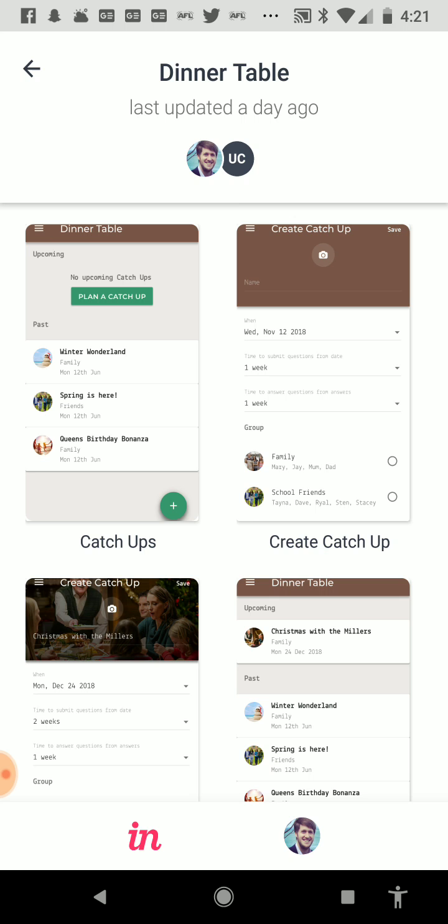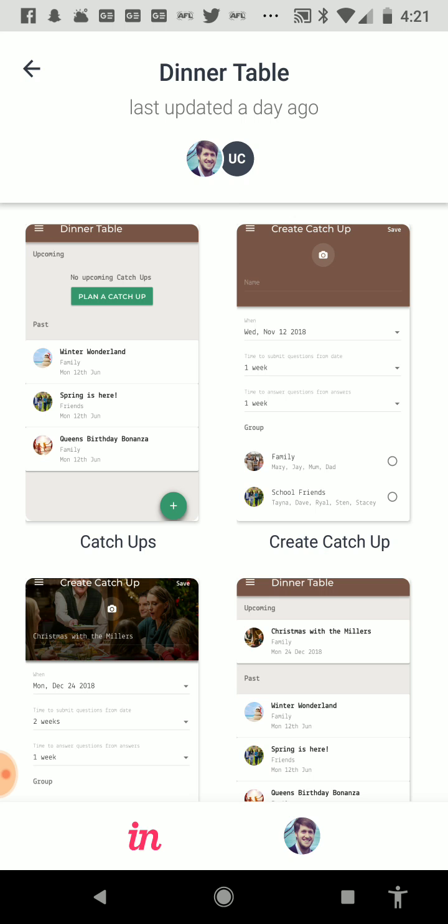So the product that we're going to be getting you to complete tasks with today is similar to the products that you've been using. It makes it easier to catch up with family or friends that are restricted by time zone and geographical boundaries.